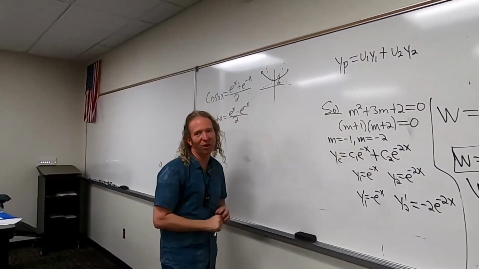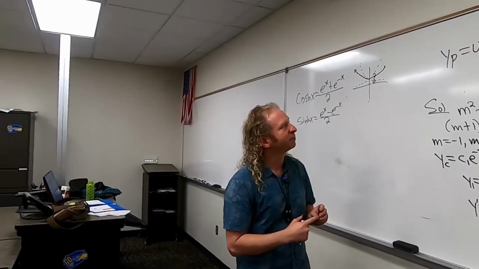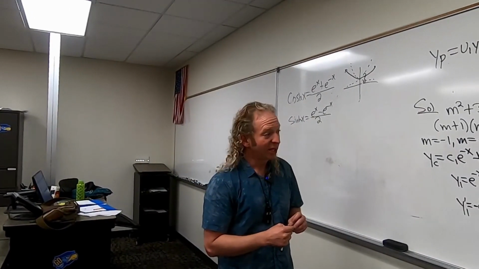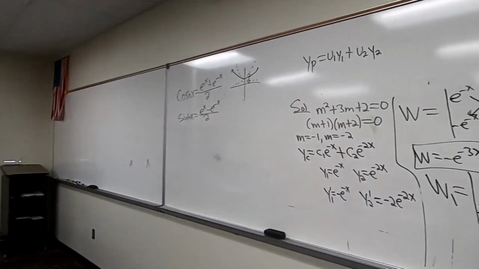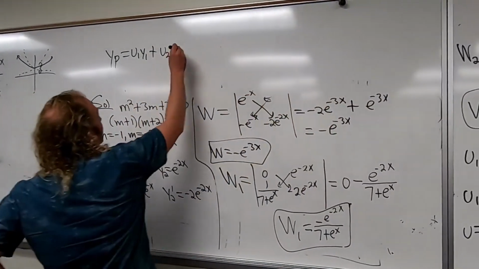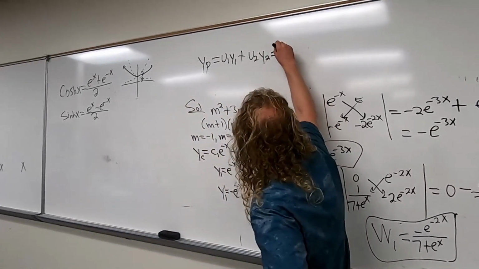Okay, yp is u1 y1 plus u2 y2. Well, we have all that. It's ridiculous, right? So u1 is here. It's this. So it'll be, yeah, we have all that stuff. We do, yes. So it's ln